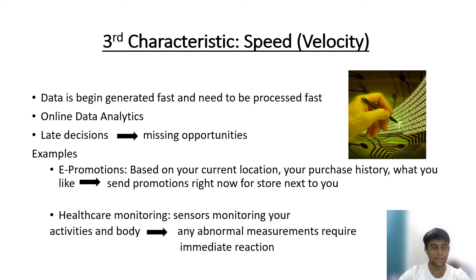Now let us discuss the third characteristic of big data, that is speed or velocity. Just as the sheer volume and variety of data that we collect and store has changed, so too has the velocity at which it is generated and needs to be handled. A conventional understanding of velocity typically considers how quickly the data is arriving and stored and its associated rates of retrieval. While managing all of that quickly is good, and the volumes of data that we are looking at are a consequence of how quickly the data arrives.